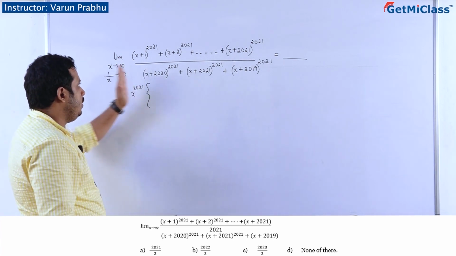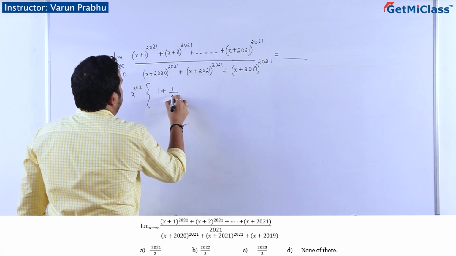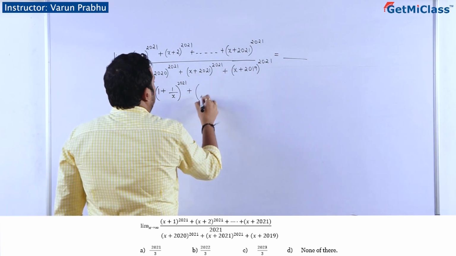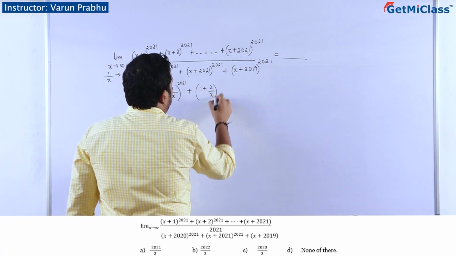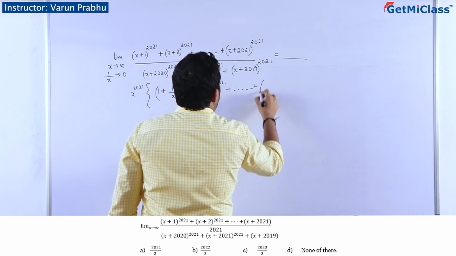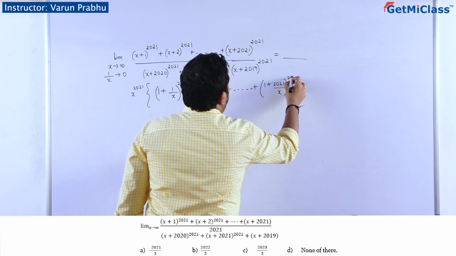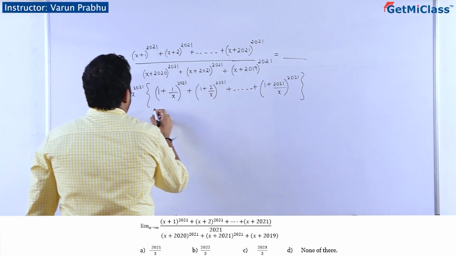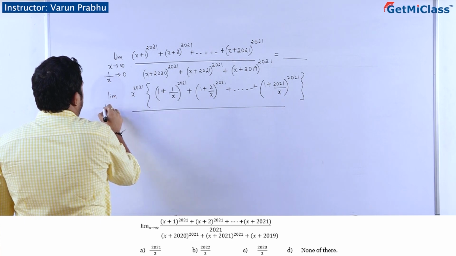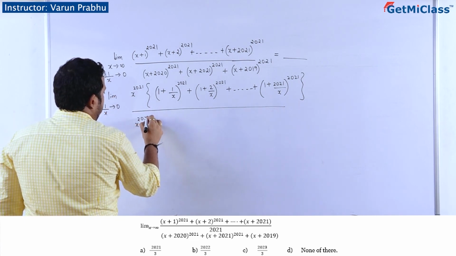If I take out x to the power 2021 common, I'll be left with 1 plus 1 divided by x to the power of 2021, plus 1 plus 2 divided by x to the power of 2021, plus so on up to 1 plus 2021 divided by x to the power of 2021, correct? Whole divided by, I'll write it like this, the limiting value as 1 by x tends to 0. So here x to the power 2021,